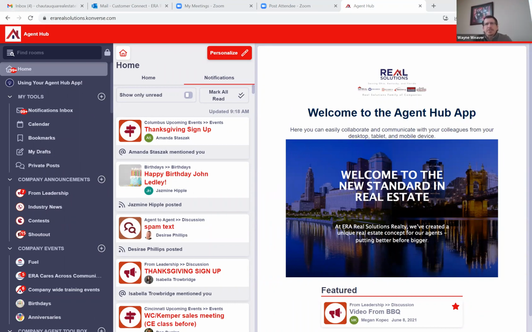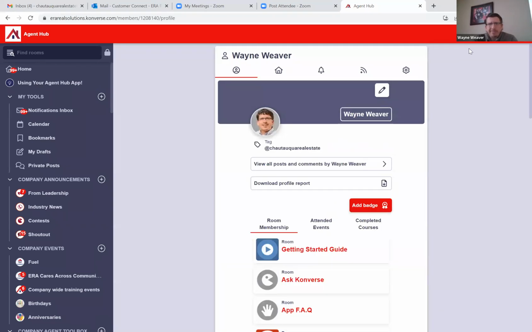So again, if you just click on your profile, in the red bar at the top, you'll see your picture in the upper right corner. If you click that, you'll see my profile, then you'll see subscriptions and notifications. So I'm just going to click on my profile. I'm going to have some things just because I'm an admin that you might not see, but in general,